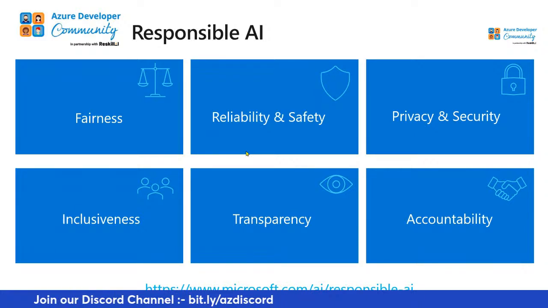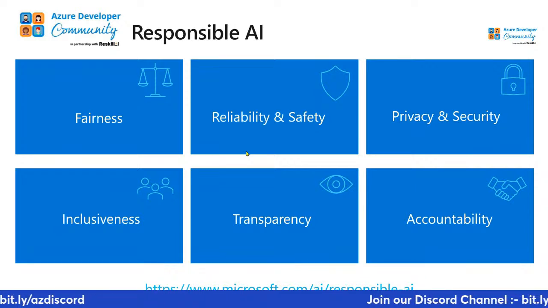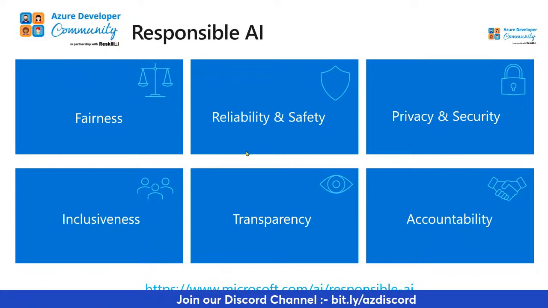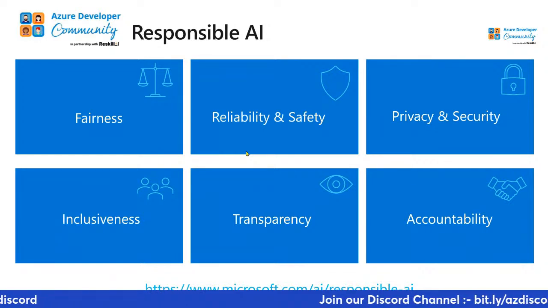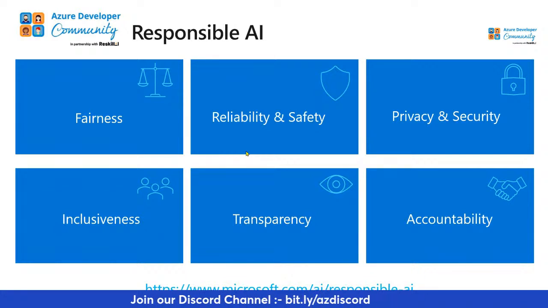AI-900 focuses on these aspects as well. They keep updating the question bank, so it refreshes. Everything that is up to date is on the link that you see below, and you can definitely use that, or you can use docs.microsoft.com. You can have the Microsoft Learn page where you can read more about AI.